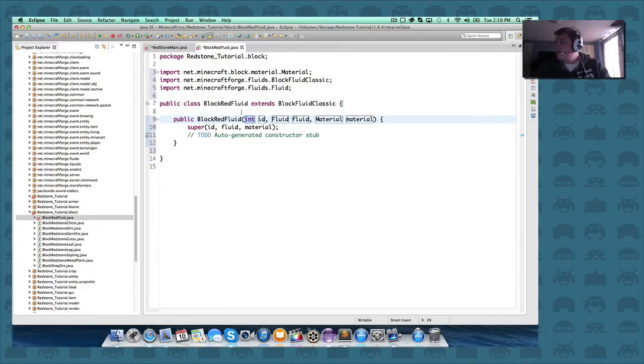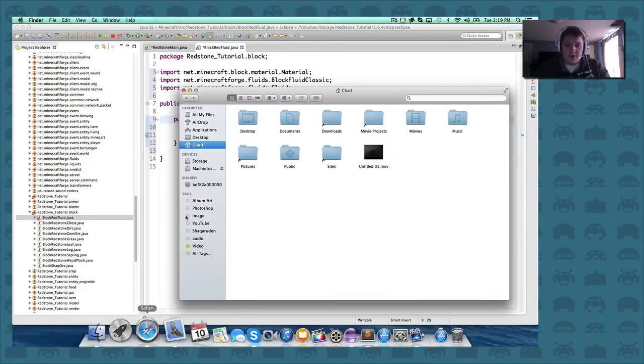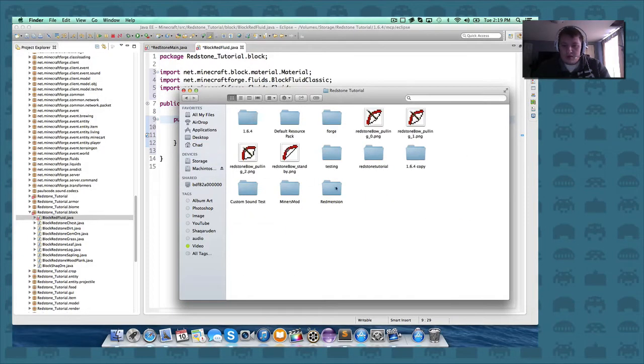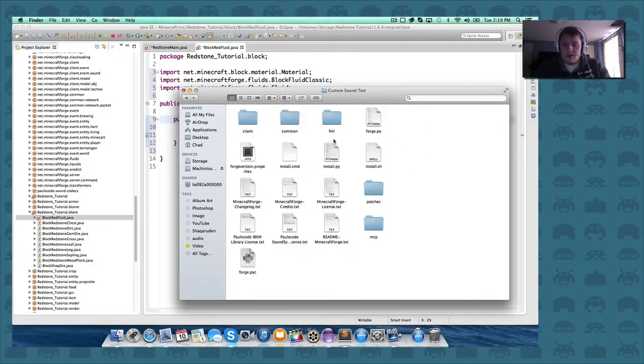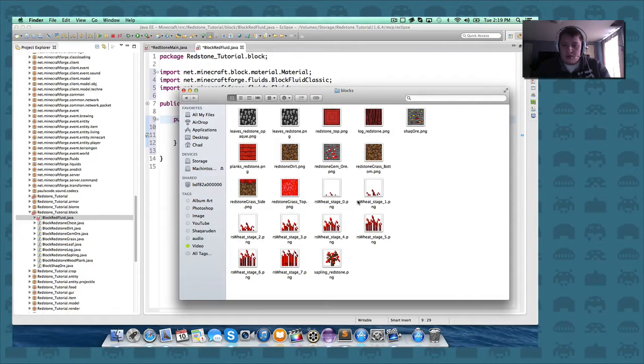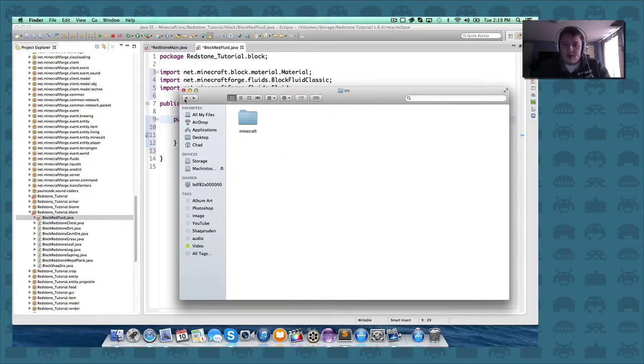Now for this here, I did something a little bit different, and I forget what I did. Okay, so we're going to go to our Finder here. I've set up my computer differently now. This is actually a new installation. So we're going to go into Redstone Tutorial. This is where I put it. Source, Minecraft, Assets, Redstone Tutorial, Textures, Blocks. Now, is it in here? It's not. I wouldn't have put it in there. Okay. Well,